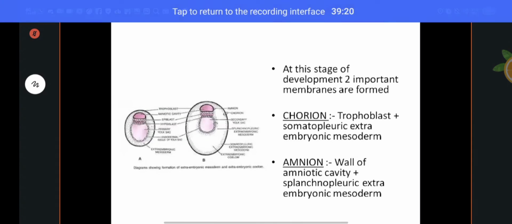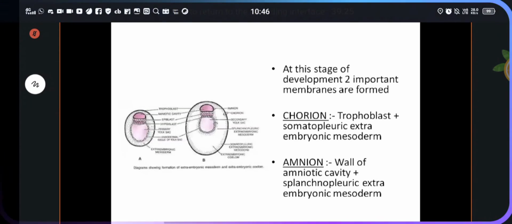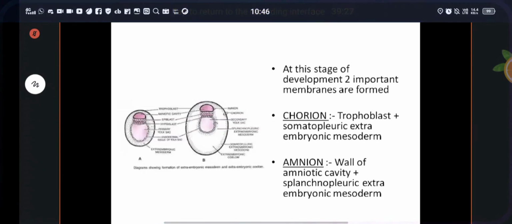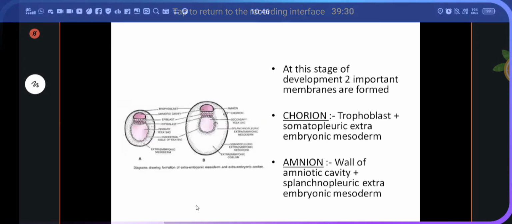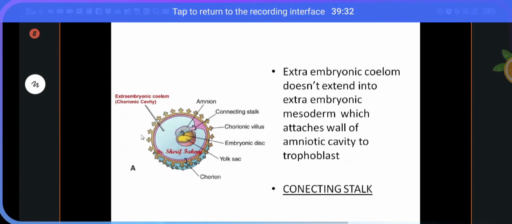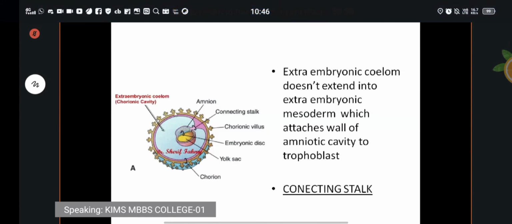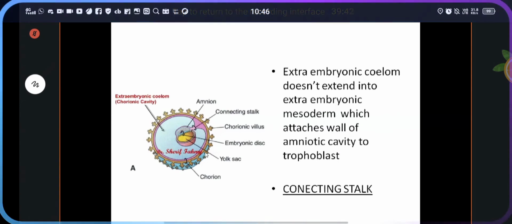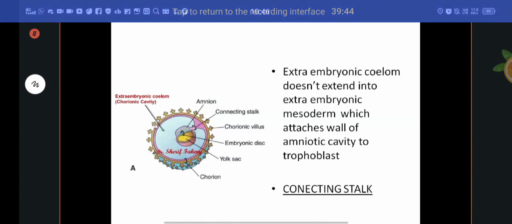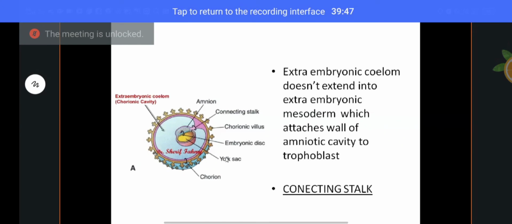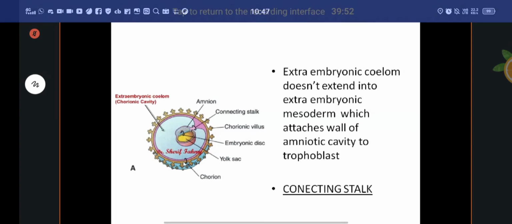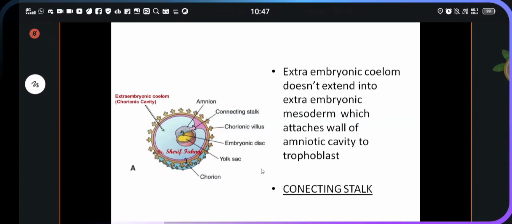Chorion is nothing but the outer trophoblast cells with parietal layer or somatopleuric extra embryonic mesoderm. Here you can see that in the previous diagram. You can clearly see this is the outer layer which is forming this chorion, in which you will see this chorionic villi, primary, secondary and tertiary chorionic villi, already I said. You will see in this outer layer the chorion. This is the chorion. Whereas amnion